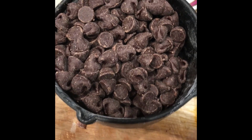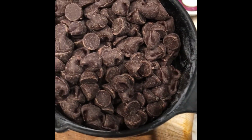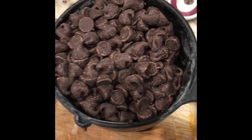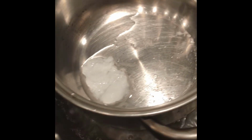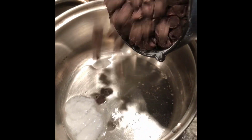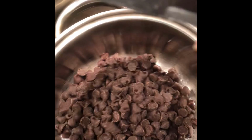Okay, so I am trying to now make some chocolate, and I took these chocolate chips, but you could substitute with just regular chocolate. Then I went and I boiled some water, put another pan in it. I don't have a double boiler. Some of you might have. Oh man, it's hot. Then I put just 1 tablespoon of coconut oil in it and letting it melt. And then I'm going to add these chocolate chips. I'll take about a cup and a half of these chocolate chips